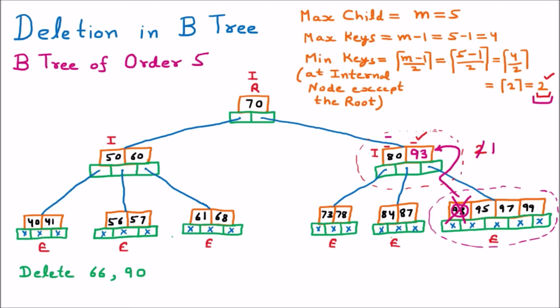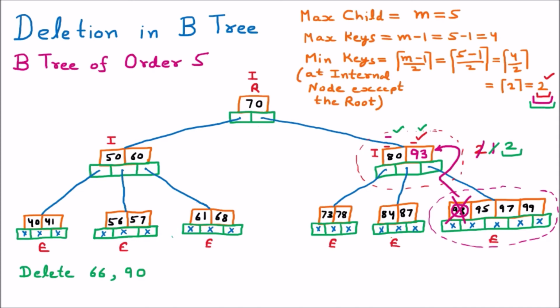Now after the modification, we can see that the keys of both the nodes are affected. If we talk about the internal node, here we have 1 and 2, so two keys, which are 80 and 93. So again this becomes 2 keys. And what is the minimum criteria? That 2 keys should be there. So the criteria of 2 keys is being followed, that the internal node should have a minimum of 2 keys. That means this is a B tree.